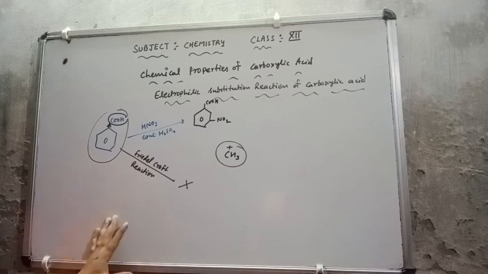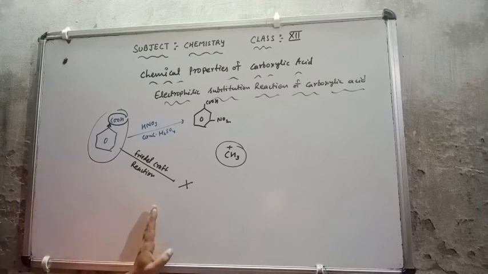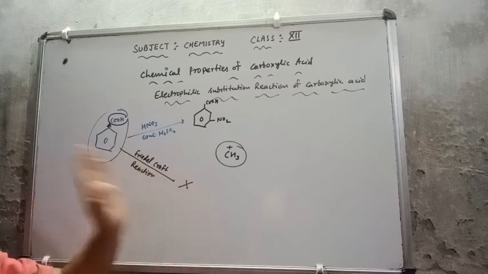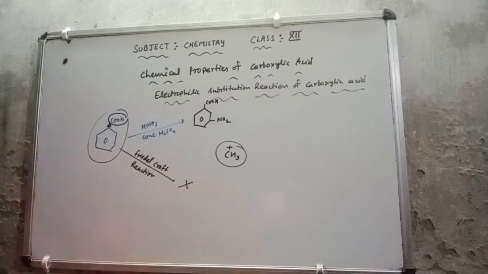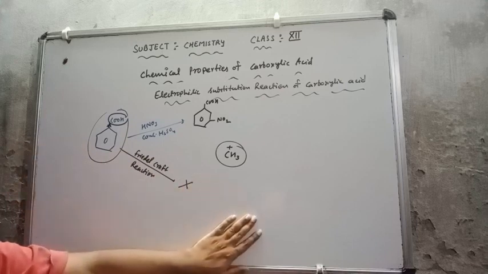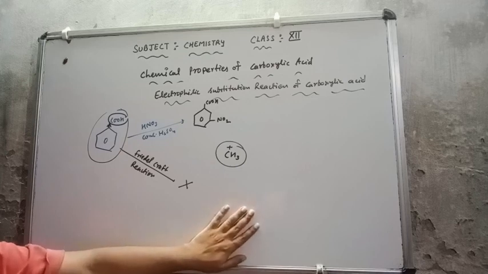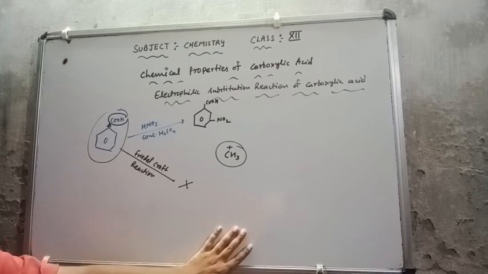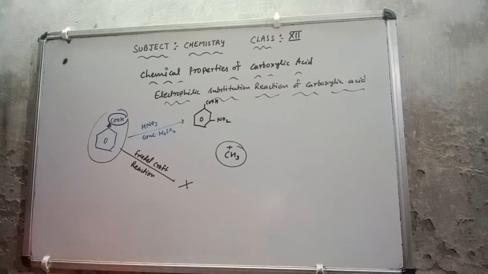So we have wound up aldehydes, ketones and carboxylic acids. That means that chapter is completed. I have completed three chapters here. One is haloalkanes and haloarenes, second is alcohols, phenols and ethers, and third is aldehydes, ketones and carboxylic acids. So all these three important chapters are completed. Now one chapter is left under organic chemistry, that is nitrogen compounds, which is related to aniline. I will come to you with that after a very short interval of time.